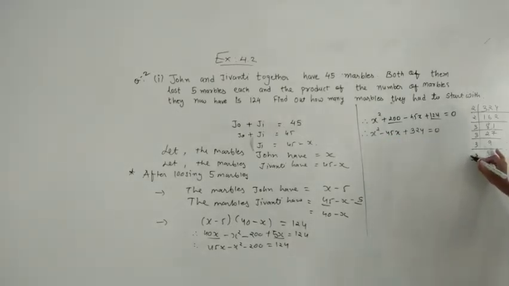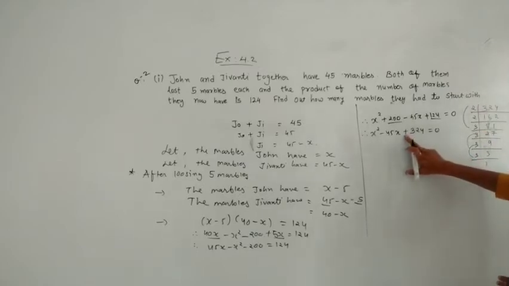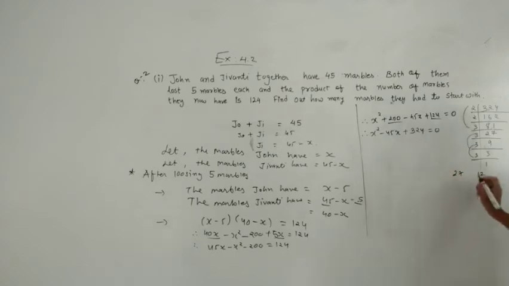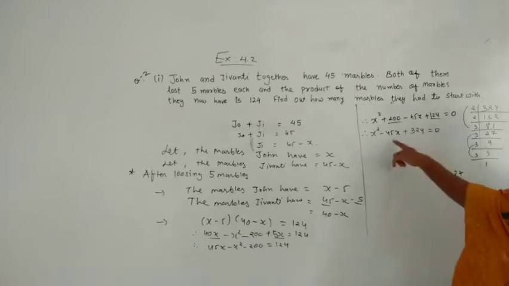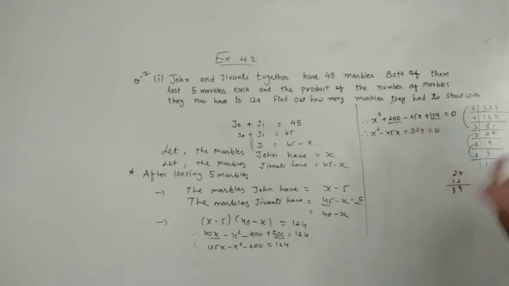If we do 3 3s are 9, 9 3s are 27, that is one pair I am making, and 3 2s are 6, 6 2s are 12. I made a pair of these 3 and these 3, and we should add this and we should get 45 over there. So if we add 27 plus 12, it becomes 39. But here we want 45, so we will try as much as possible. We will try to make that combo. So here we will make another combo.